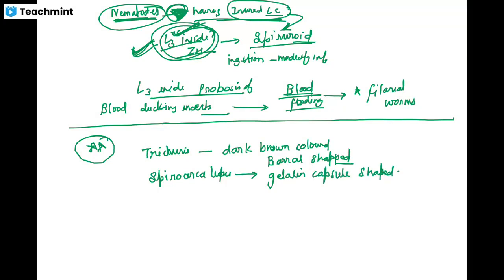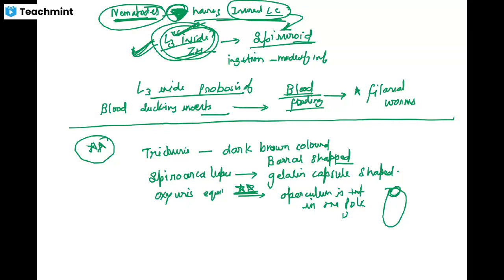Third one is Oxyuris equi. Oxyuris equi के एग में एक कैरेक्टरिस्टिक फीचर प्रेजेंट होता है, दैट इज operculum। Operculum is present। दो पोल हो गए ना एग के, तो इट इज प्रेजेंट इन वन पोल ओनली, एक ही पोल पे होगा, दूसरे पोल पे नहीं होगा। तो ये तीन इंपॉर्टेंट पॉइंट है।